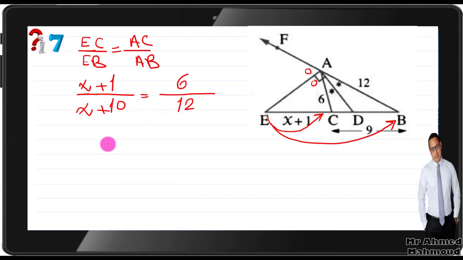Make cross multiplication, so 12x plus 12. Okay, before completing this